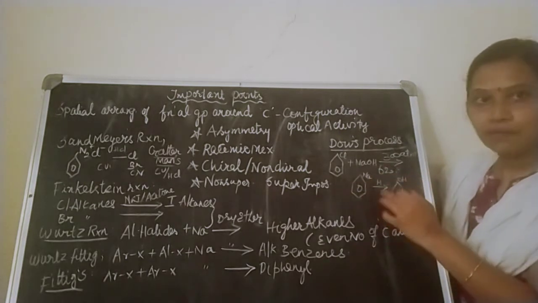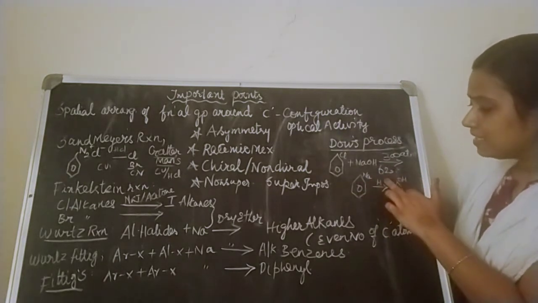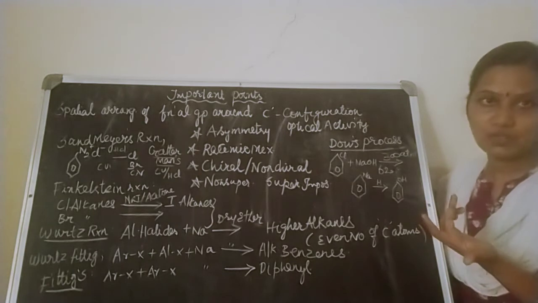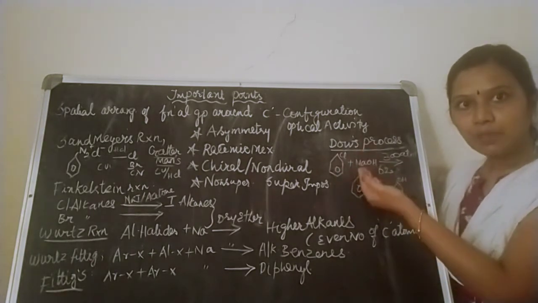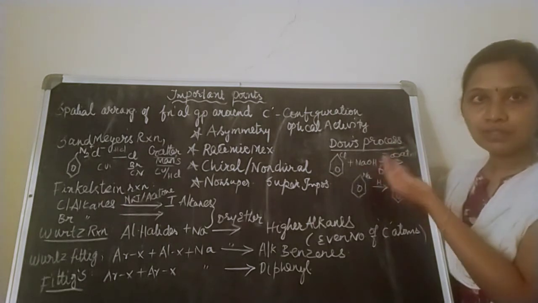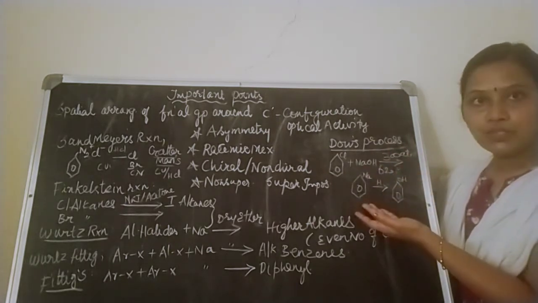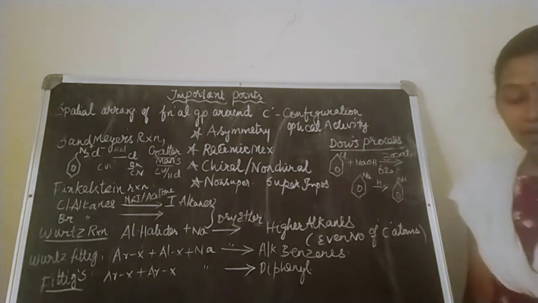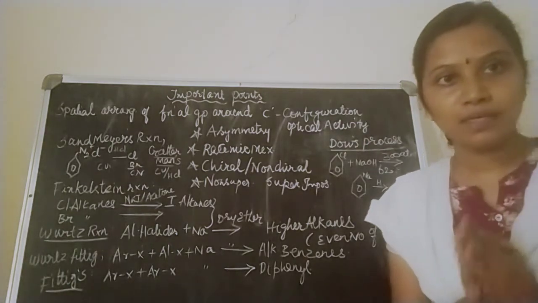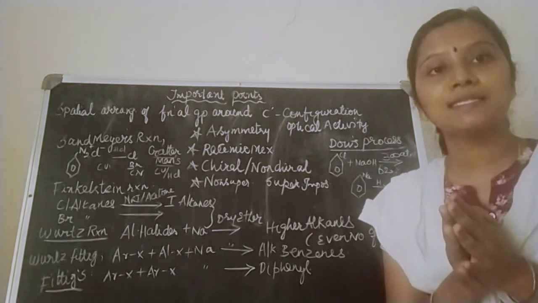This is sodium phenoxide. When I acidify it, I will be getting phenol. That's all. Okay. What is Dow's process? Chlorobenzene, sodium hydroxide, give the required temperature, give the required pressure, you will be getting sodium phenoxide, acidify it, you will get phenol. Done. Then the last naming reaction which I want to tell you, which you have studied very well in class 11, will be